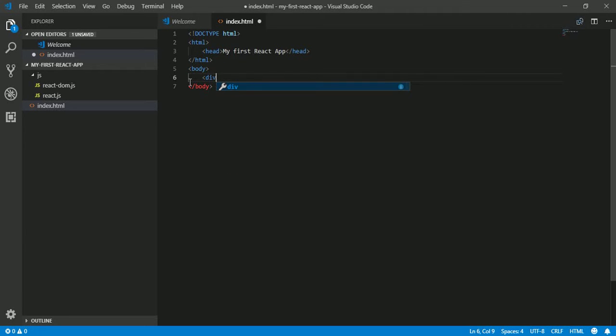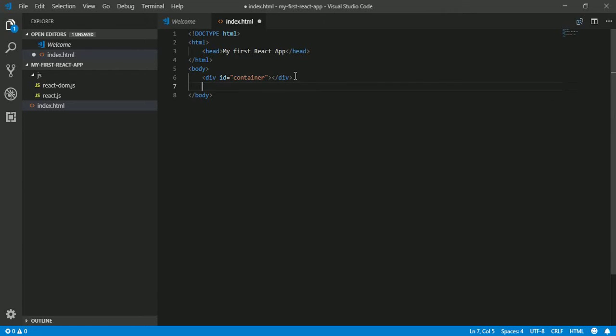Also I will create a div inside the body with an ID of container. This div I will be using for populating my